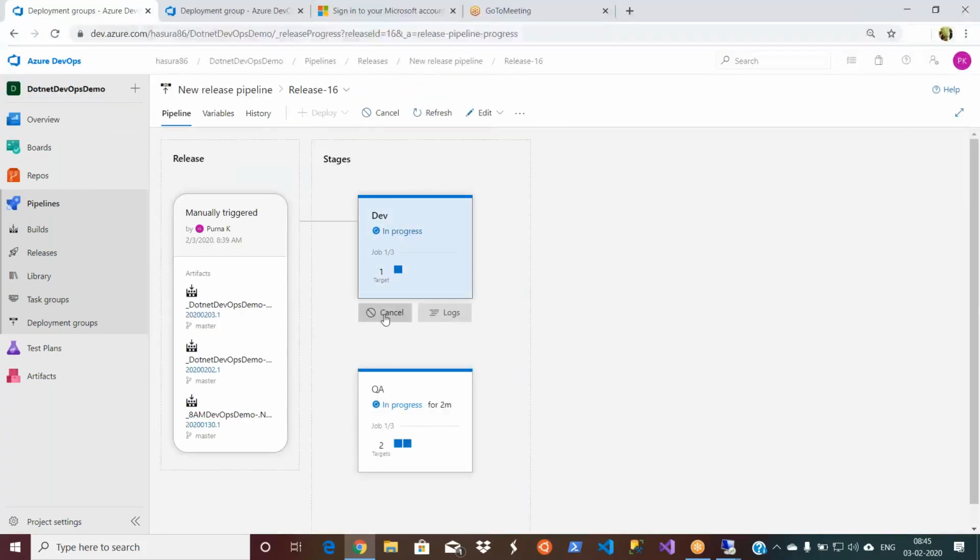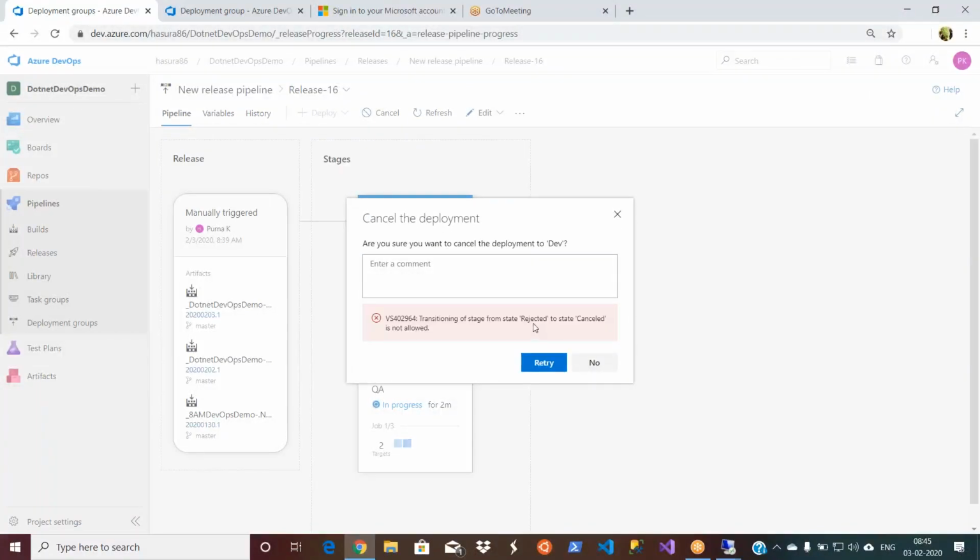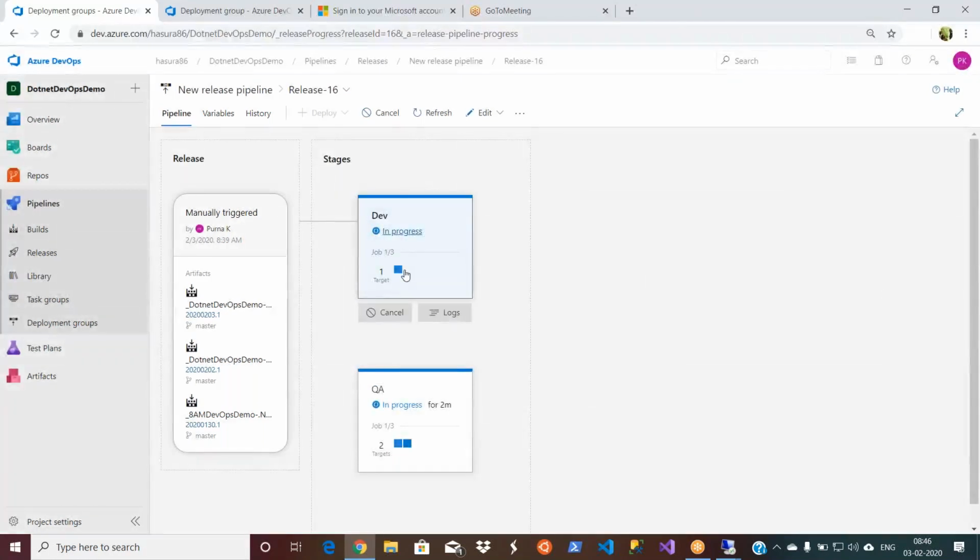Here it is saying in progress. Here it is saying rejected. I think there is some issue with this one. It is saying transitioning of stage from state rejected to state cancel is not allowed. But I don't see the rejection here.